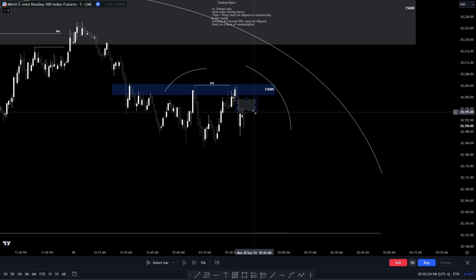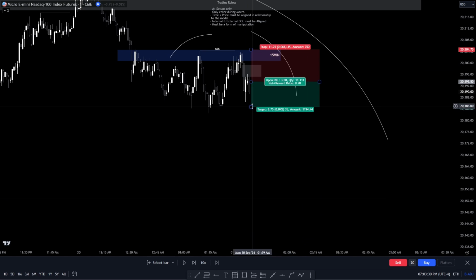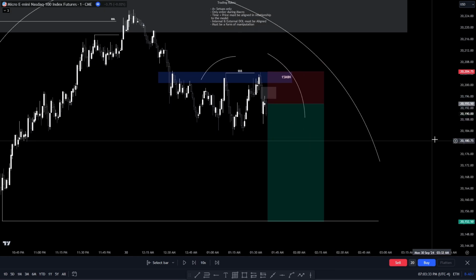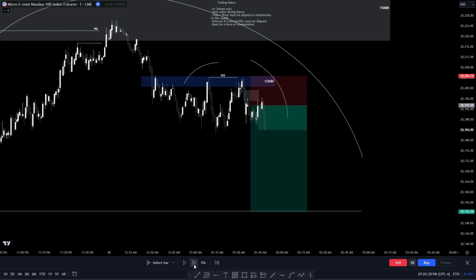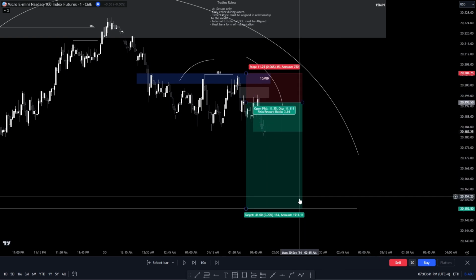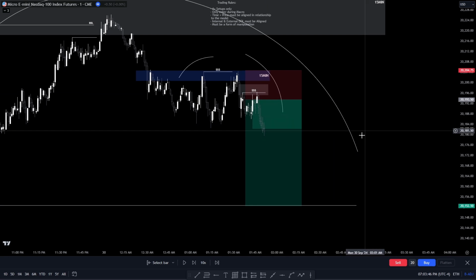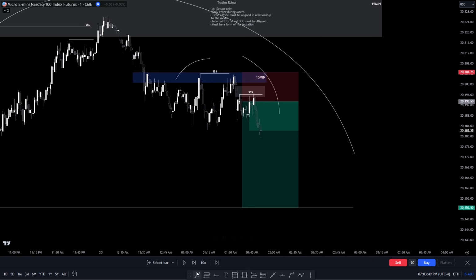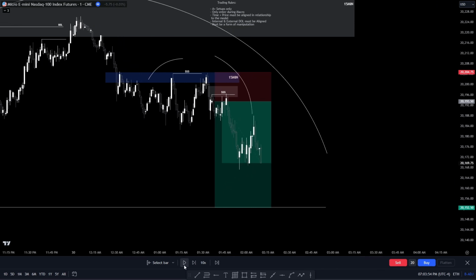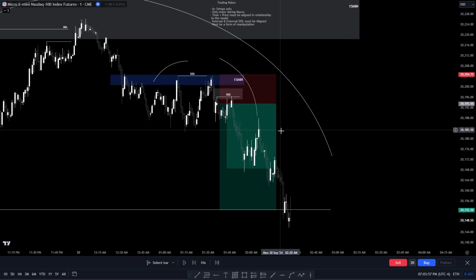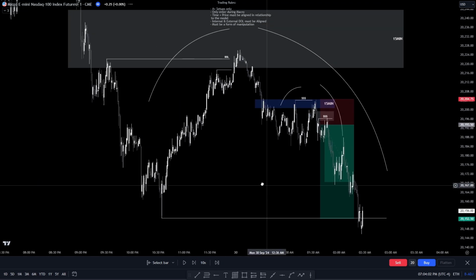I entered right here. Stop the high. Targeting the external low, right? Entered. Trace back in. Took out this buy side level again. And then we just took off. It's beautiful. Right? For a nice just 1 to 3.6 RR. And this